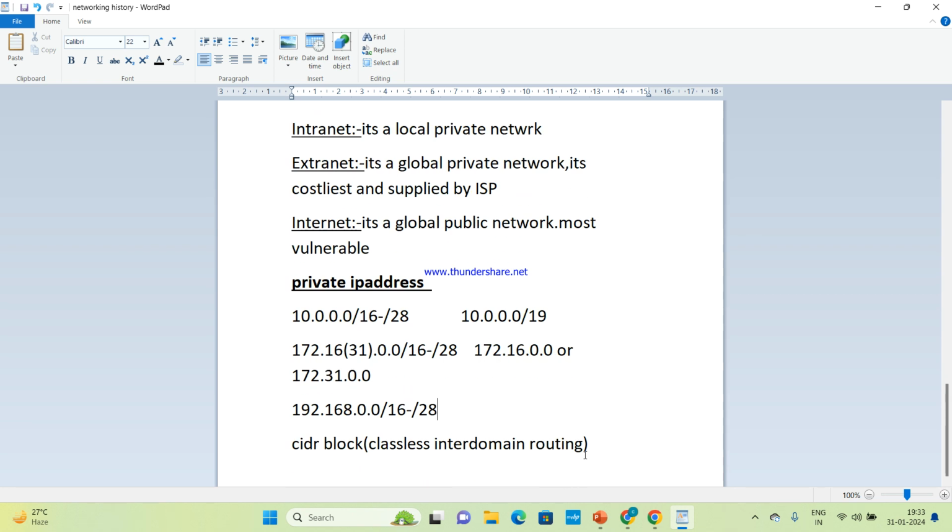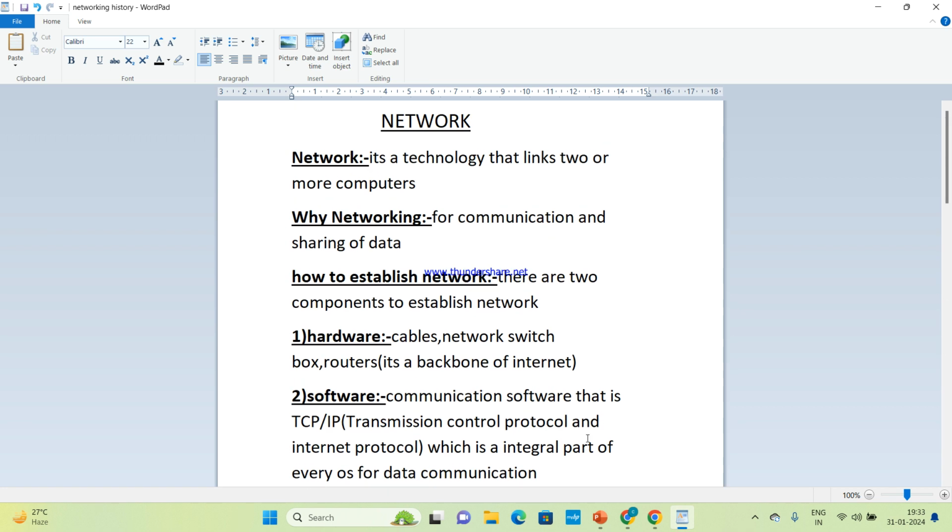Can you share the first page? Just the beginning. Okay, everyone, please write these notes.